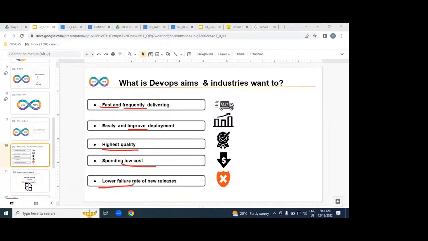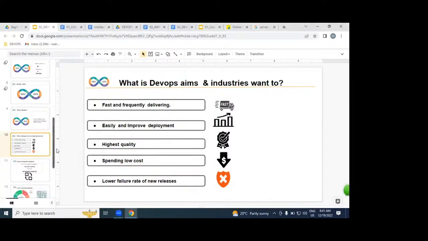Simply, speed is increased, cost is reduced, and quality is increased. If quality is increased and cost is decreased, who doesn't want this technology? That is the reason there is so much demand in DevOps. Understood very clearly. If you go to a shopping mall to buy jeans or a pant and shirt, instead of 2000 rupees, if you get it for 200 rupees, you are happy or not? You are saving your expenses or not? The same concept.